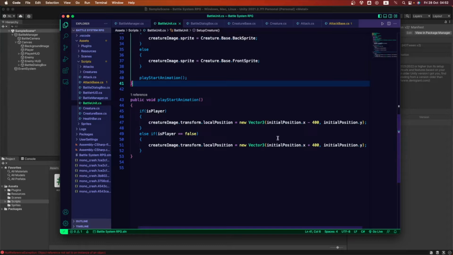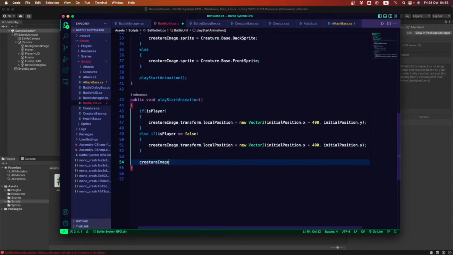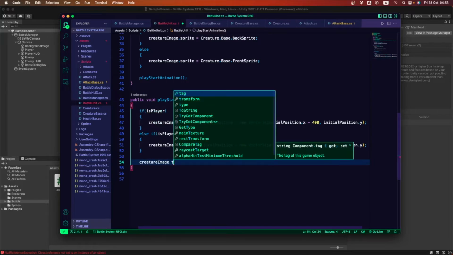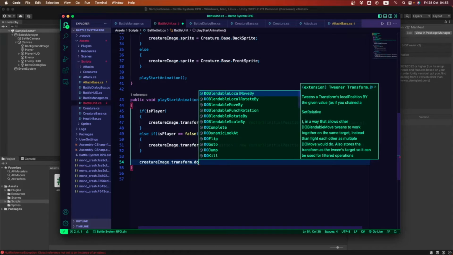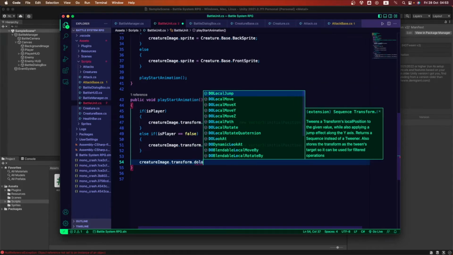Okay, so what are we going to do? Just with a small line, we're gonna animate for both of these to come inside our screen. Okay, so we're gonna go into the creature image again, and inside the transform, now we're gonna start using the DoTween library. So we can use this one, DOLocalMoveX.